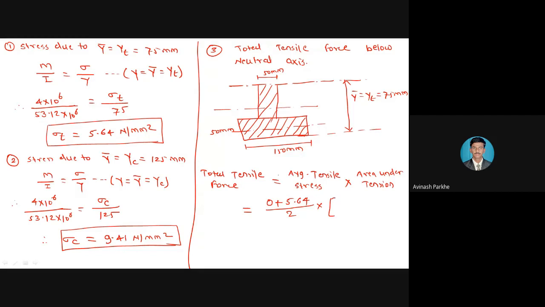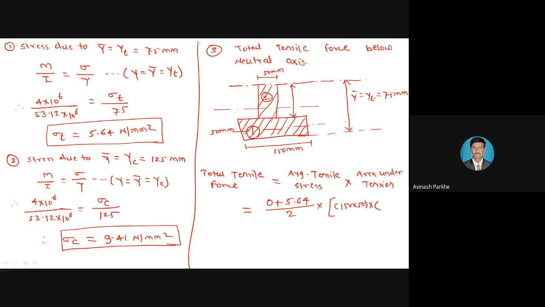Now below the neutral axis, if you look, there is a small T section. If I want to calculate the area of that T section, how to calculate that area? Let us see. The total 2 rectangles are there: horizontal rectangle number 1 and vertical rectangle number 2. The horizontal rectangle has dimension 150 into 50. And the vertical rectangle has its own dimension.